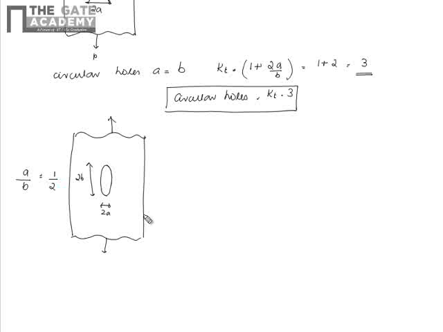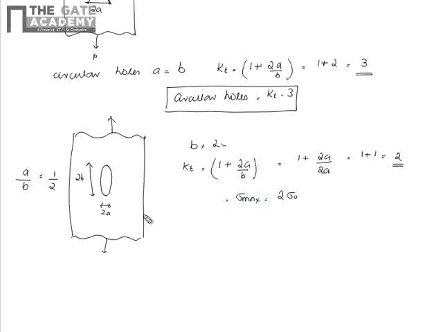So when b is equal to 2 times a, what happens to the theoretical stress concentration factor? This can be written as 1 plus 2a by b, which is 1 plus 1 is equal to 2. So when a by b is equal to 1 by 2, we have Kt is equal to 2, or sigma max is equal to